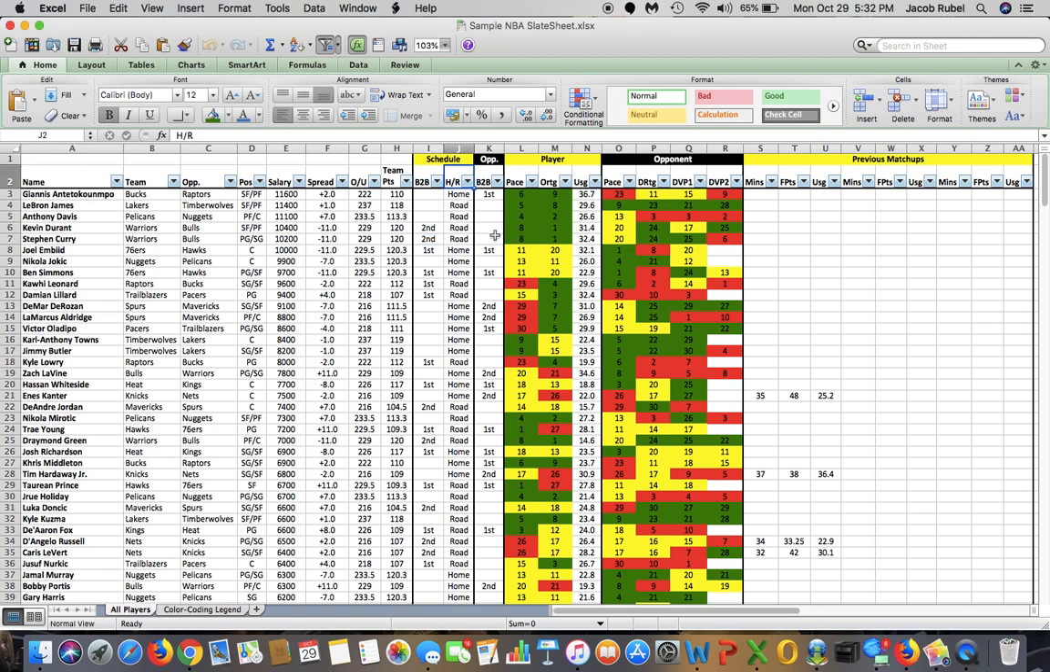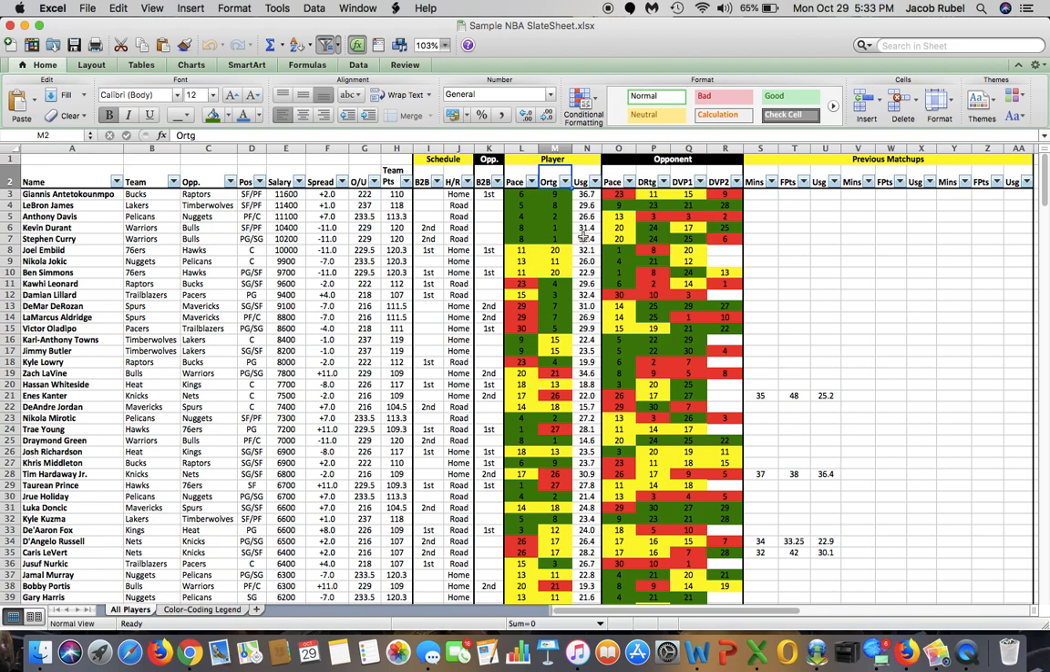Then we have home or road. Players tend to perform better at home, so we like to target players at home versus on the road. Back-to-back again, but this one is for the player's opponent. Then we have pace. This is possessions per game. These color-coded columns are how either the player's team or player's opponent ranks in that statistic. So we have pace here, possessions per game,